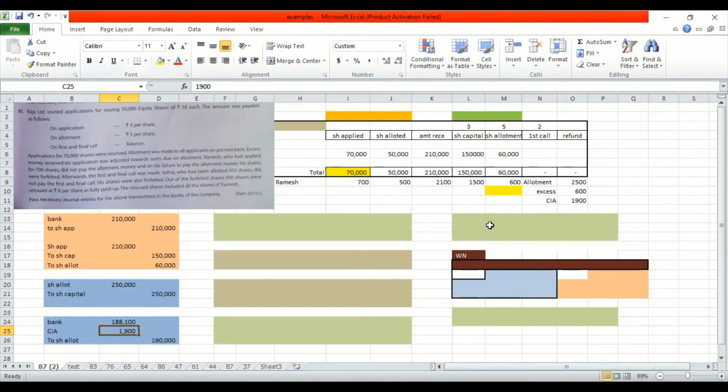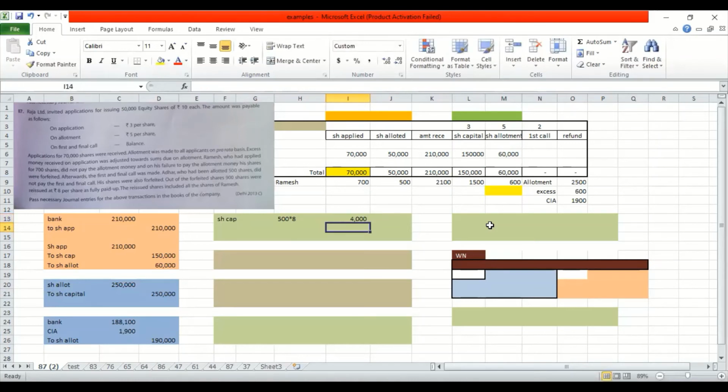Then what is left? They are told very clearly that they are going to do the forfeiture part. Forfeiture for Ramesh share. How many shares? Again, please understand the number of shares given to Ramesh is 500. So you can forfeit only 500 shares. The forfeiture entry is share capital account debit. That is 500 into called up value. When are you cancelling his share? After allotment. So the called up value would be 5 plus 3, 8 rupees. Be very careful with that. Called up value is not the nominal value.